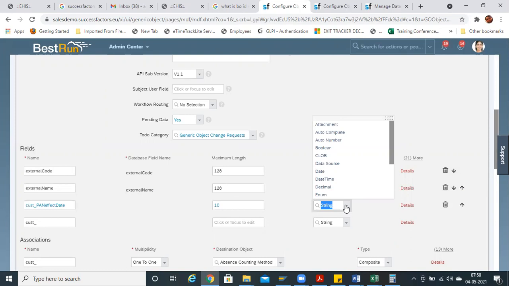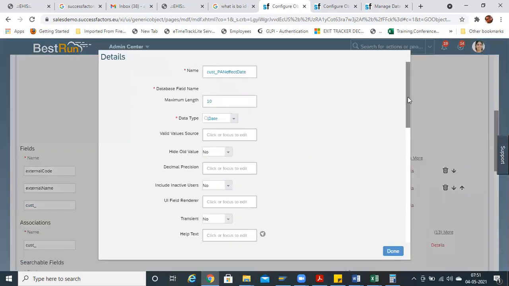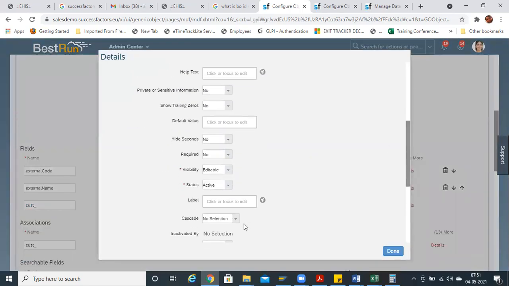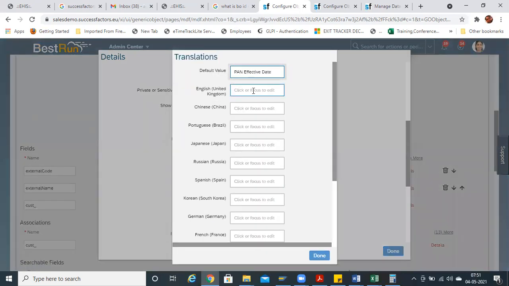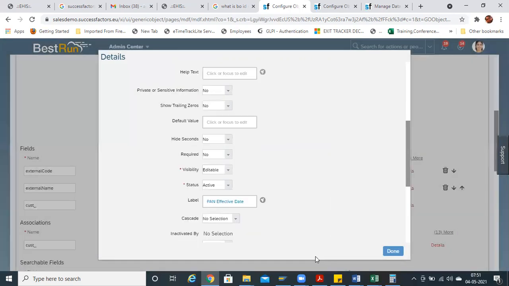Date. Any idea? Date. Yeah, very good. We are doing the PAN effective date, then we are mentioning date. And here in the label, PAN effective date. Copy this. Done.